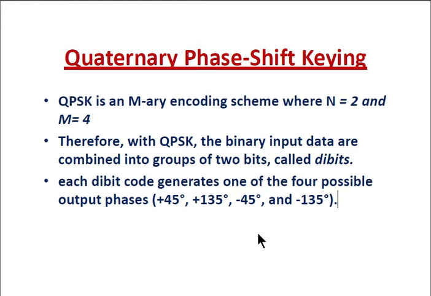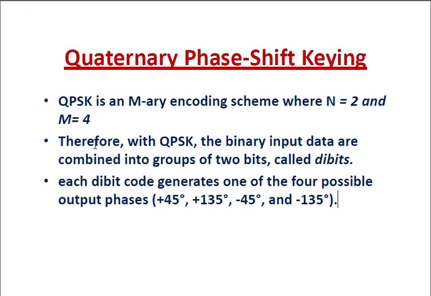Good morning friends. Today we are going to discuss the next part in passband transmission. There is quaternary phase shift keying, also called quadrature phase shift keying. QPSK is an M-ary encoding scheme where n is equal to 2 and m is equal to 2 raised to 2, which is equal to 4. Therefore, with quadrature phase shift keying, the binary input data are combined into groups